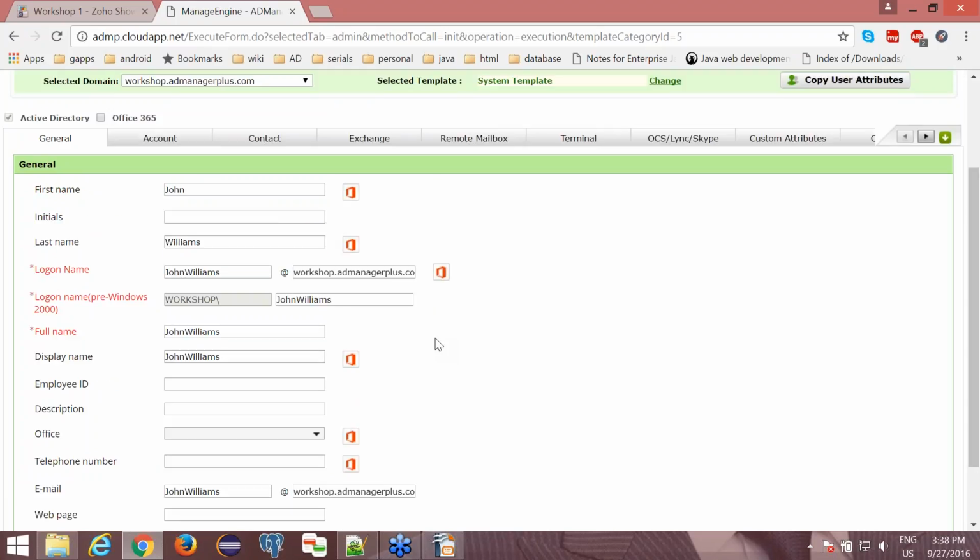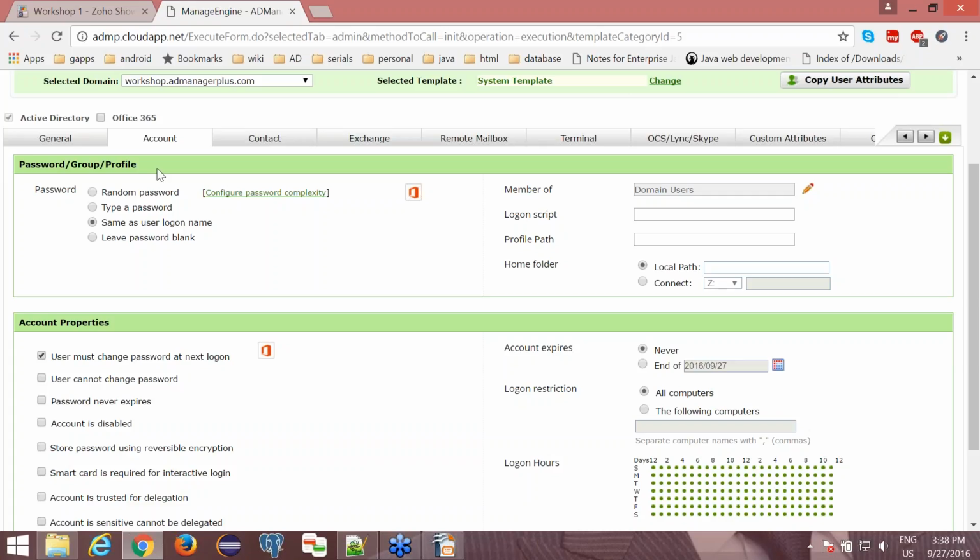If you want to specify any other attribute for your user account, say you want to set some account-related attributes, you can go to the Account tab. There you can set a password for your user account. There are four ways in which you can set a password with the help of ADManager Plus. Either you can generate a random password. When you select random password, this will generate a password based on the complexity that you configured in ADManager